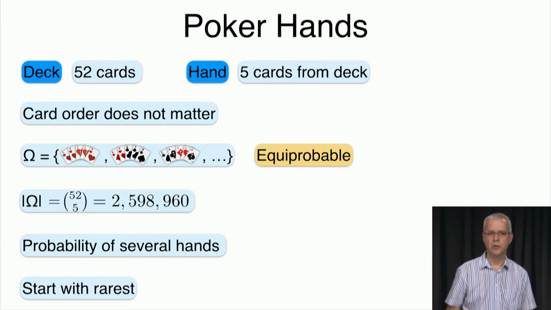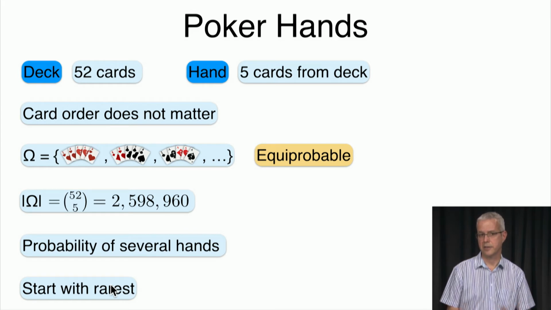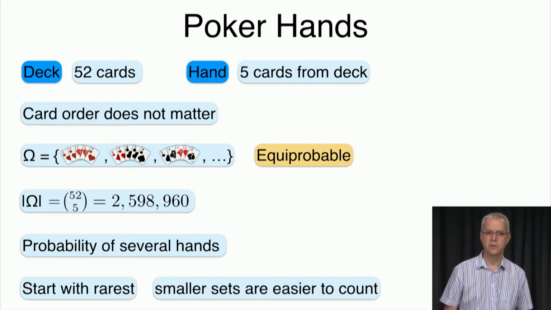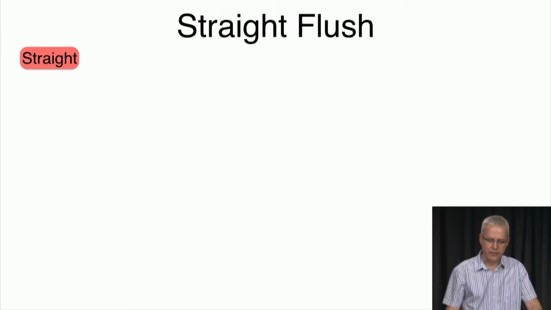and we're going to start with the most rare, or one of the most rare ones, and then go to lesser ones. The reason we do it in that order is because rare hands, by definition, are few, and therefore they're easier to count. So smaller sets are easier to count, and we'll start with them. So a straight flush,